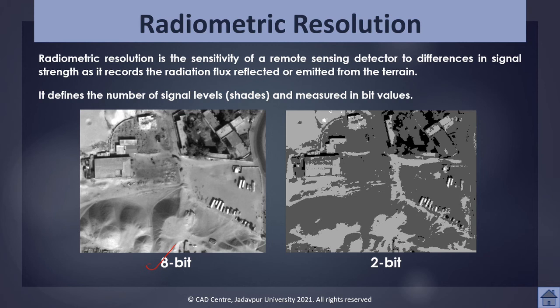However, higher radiometric resolution does not always mean a higher quality image, in particular while we are interpreting the image visually. This is because human beings can differentiate approximately 40 to 50 individual shades of gray in a black and white image. So this is very important. This means that we will not be able to differentiate between the images having radiometric resolutions of 6 bits and 8 bits, because we cannot differentiate more than 40 to 50 shades of gray.